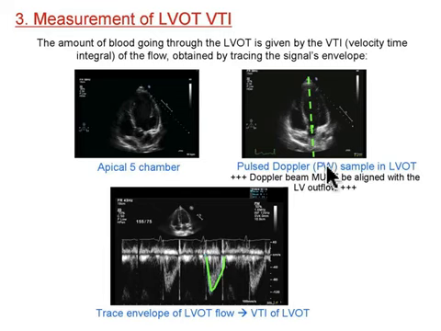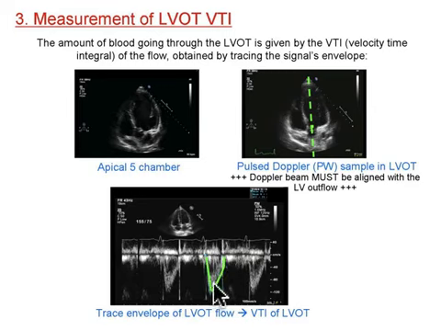What does that mean? Here's what this means. You take that pulse wave Doppler, that TIE fighter thing, and you drop it right across that aortic valve right here in the apical fifth chamber. And then you activate the actual waveform, and this is what it gives you here. The x-axis is time, the y-axis is velocity, and so this little envelope right over here, this is the velocity time integral,